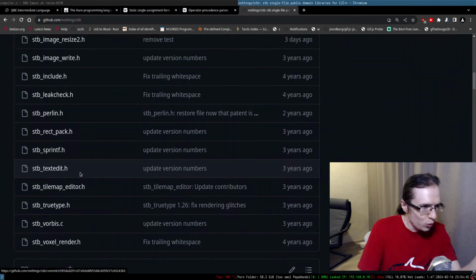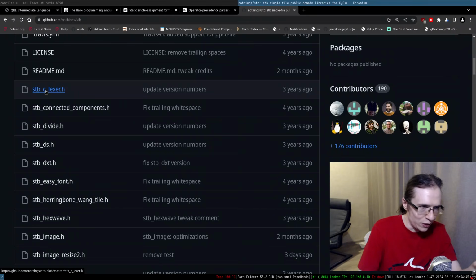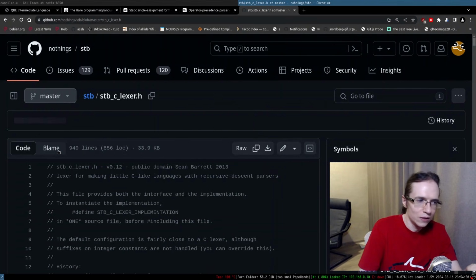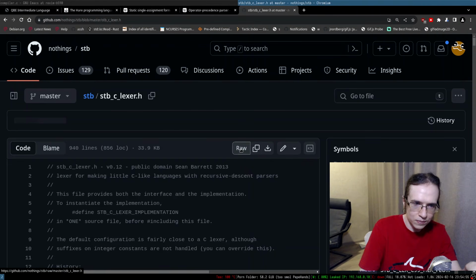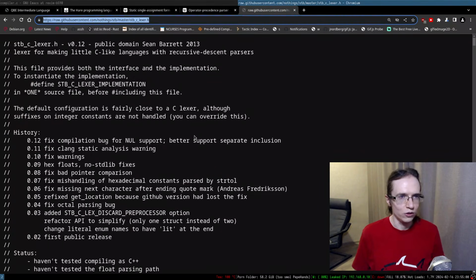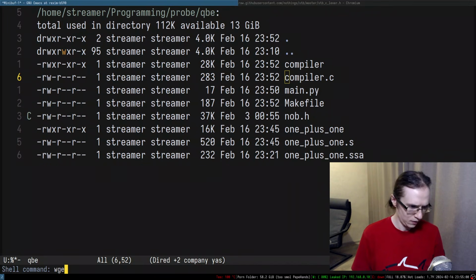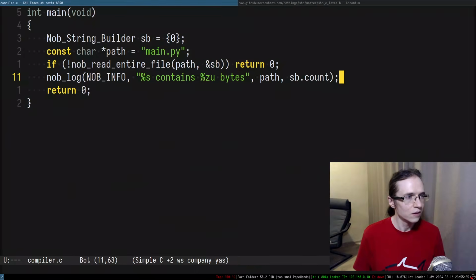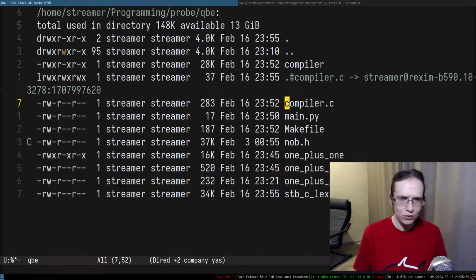Okay, so what we need is a Lexer, right? So there's a C Lexer, and we're gonna reuse that thing. Hopefully. I already used it one time, but I forgot how to use it, so let's actually grab that, and there we go. So wget, and let's include the STB C